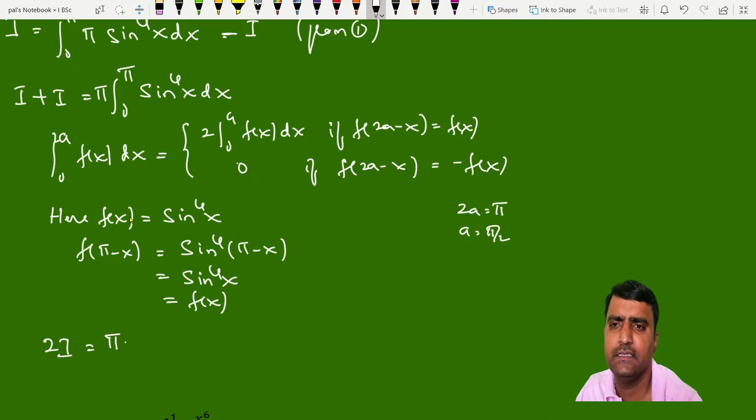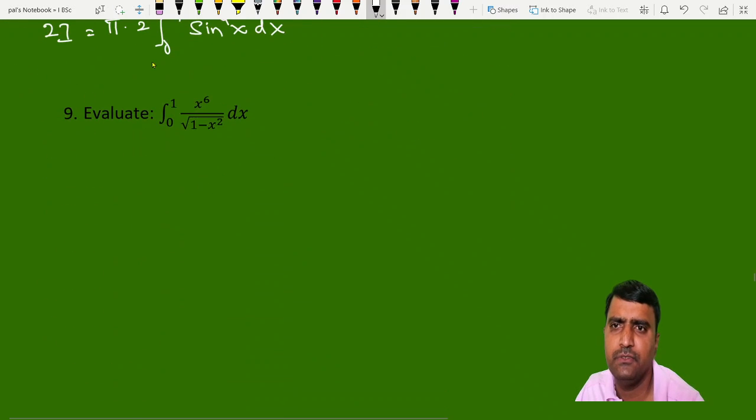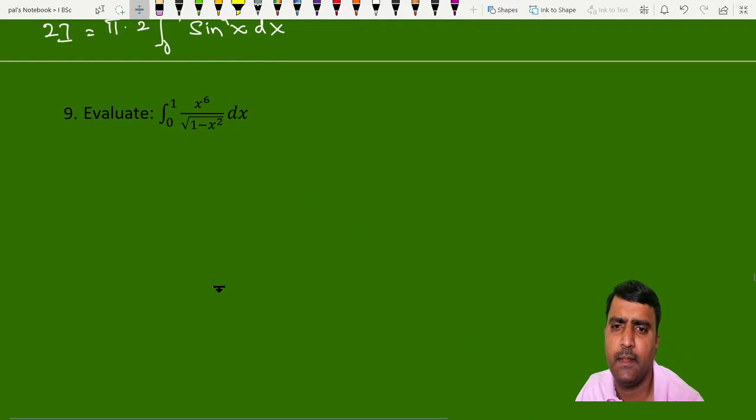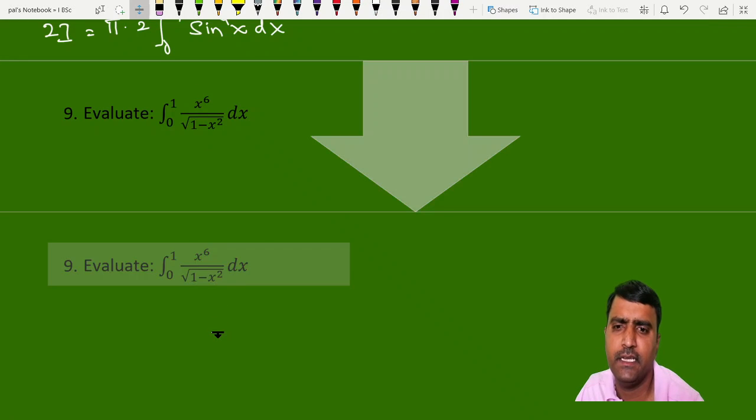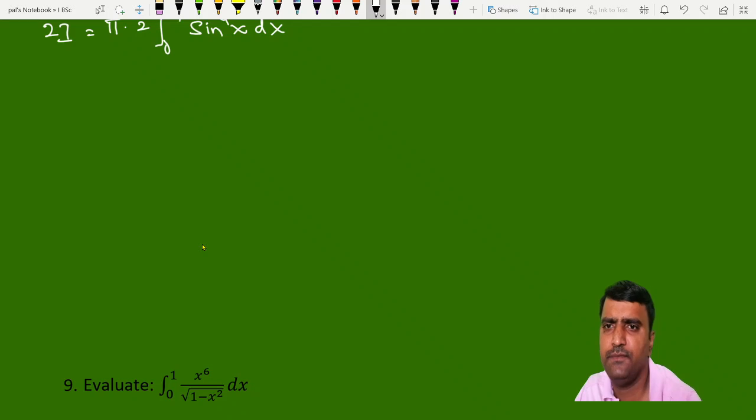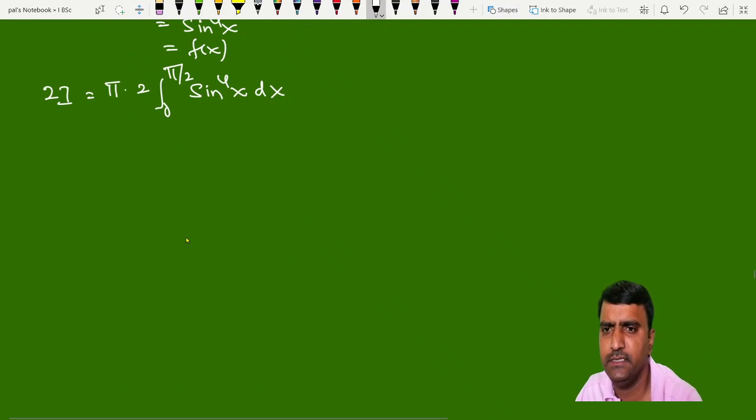So it is 2 into integration from 0 to a, meaning pi by 2, of f of x, which is sine to the power 4x dx. Sine to the power 4x dx. Again to solve this, you use the reduction formula here. Reduction formula for integration from 0 to pi by 2 of sine to the power n x dx. What is the reduction formula for integration from 0 to pi by 2? By using reduction formula,